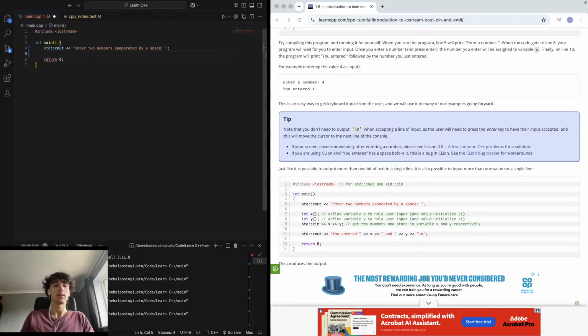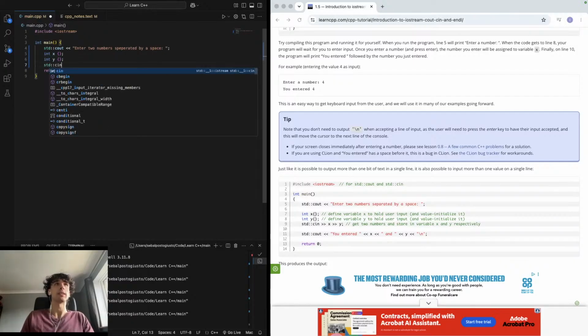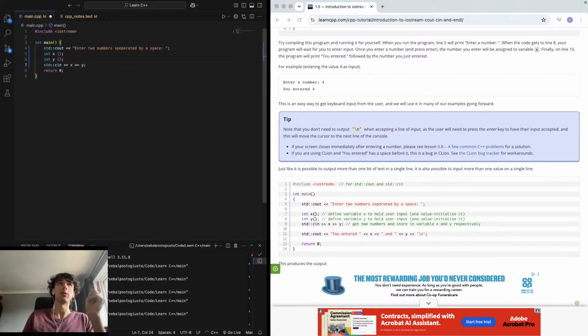We'll then close it. We'll do int x; and then int y;, and then std::cin with the extraction operator, x, and y, allowing the user to enter the 2 numbers they want. Then we need to do std::cout, insertion operators,